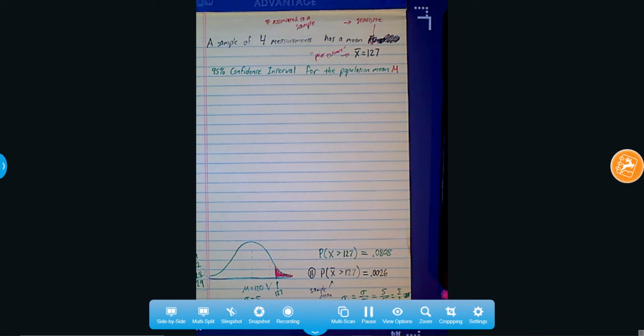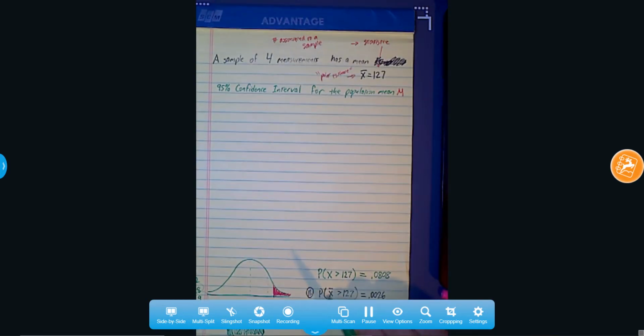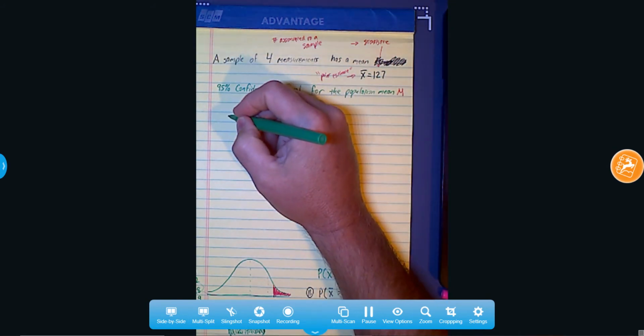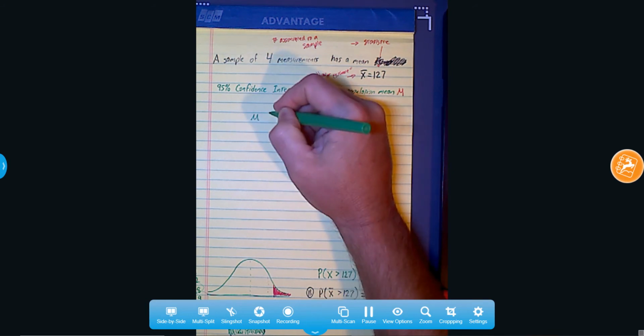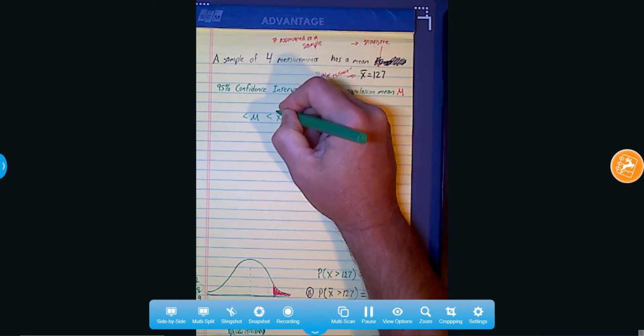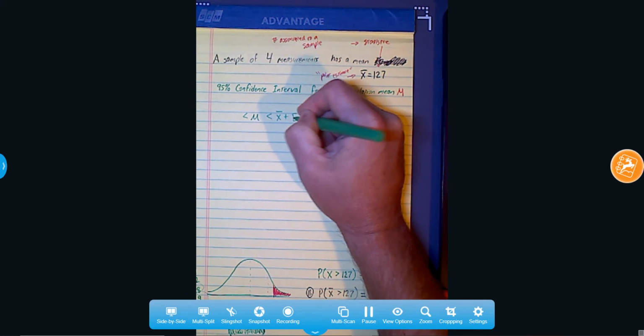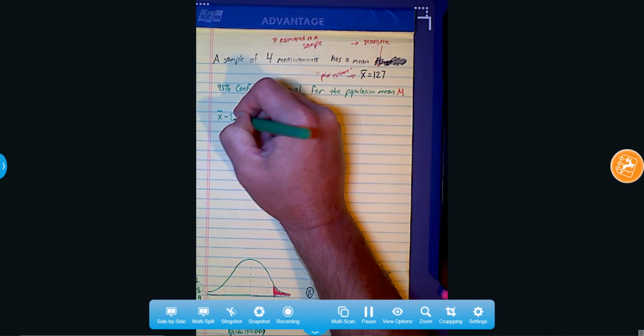And so today we're going to be doing what's called a 95% confidence interval for the population mean. Okay, so how does this work? Well, what happens is you're trying to capture mu, and you will say it is going to be between x bar plus the margin of error and x bar minus the margin of error,